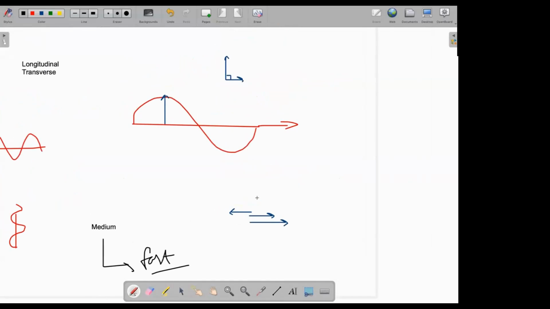I would show you this image. For that, I will be taking the help of Google and I will show you one image of a longitudinal wave. I will just show you, 1 second. Longitudinal wave,